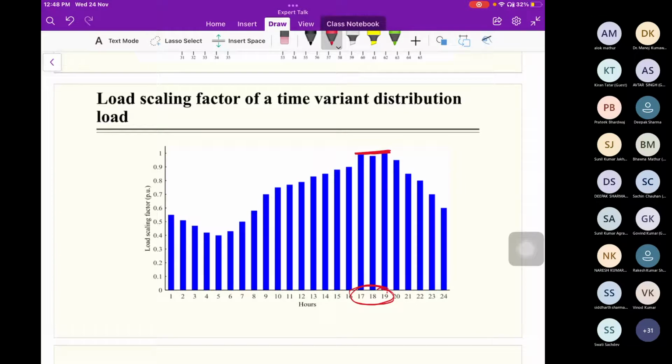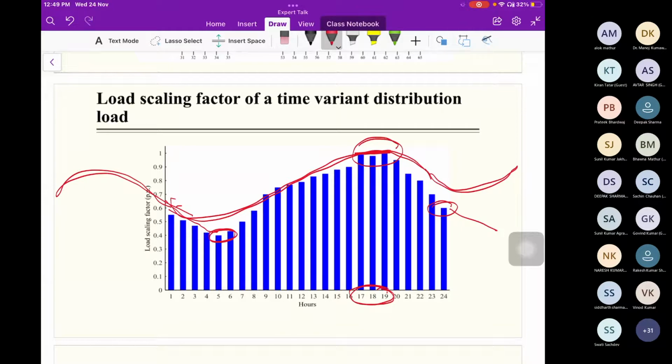Again we will follow the same structure. So the demand of the system is increasing this way. This is the structure of the demand, and we will be planning DR integration according to this planning.